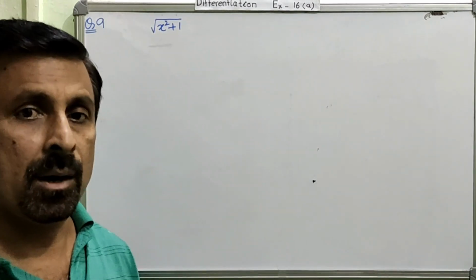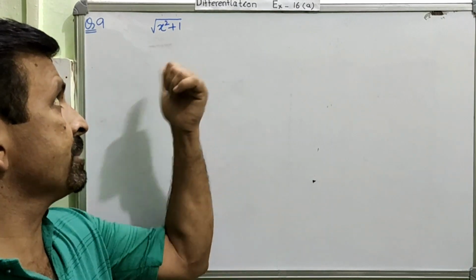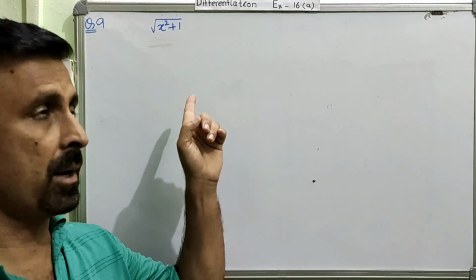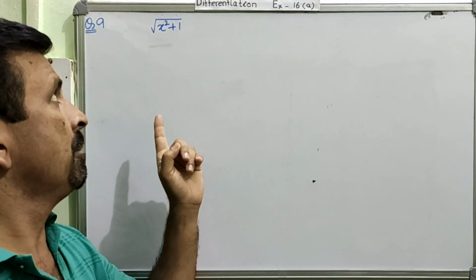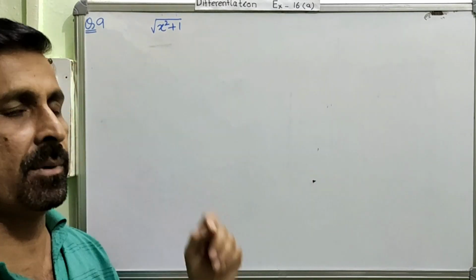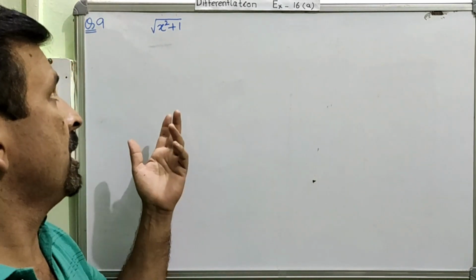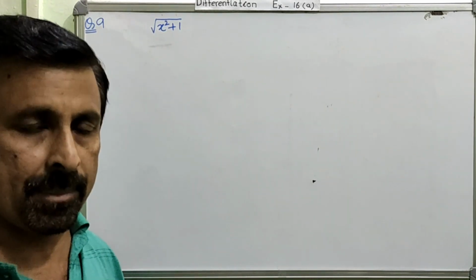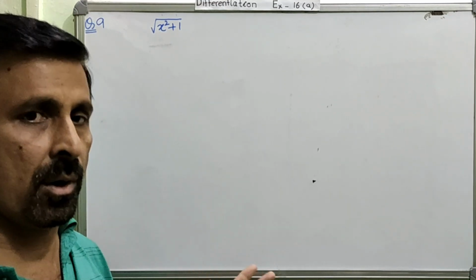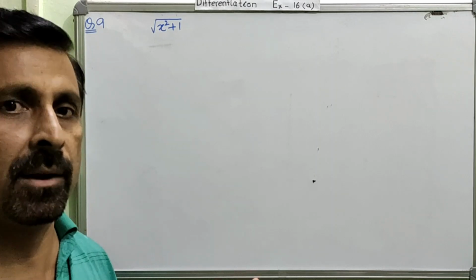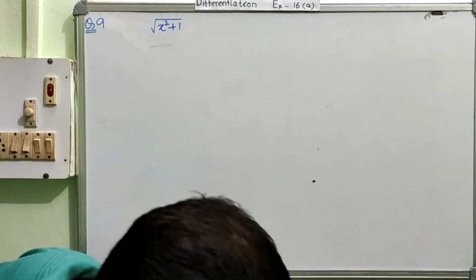Thank you. Now I am taking question number 9, right? The same type of question we have done before also. Question number 5 is the same as question number 9. But still I thought since this is a radical question, I should give one more example of this radical type, so that all your doubts about the radical become very, very clear. Okay, so let us begin this question.